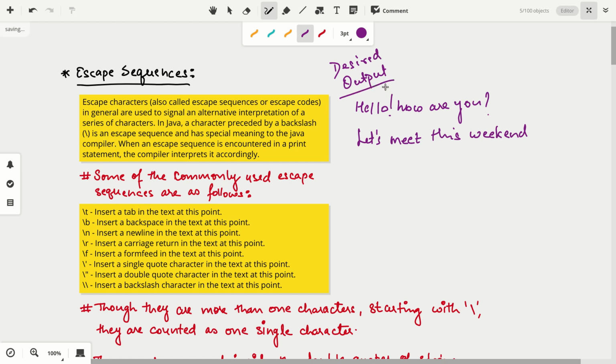Your desired output is the following two lines. What we can do is use System.out.println two times. You'll write SOPLN, because two messages we have to print on two separate lines. We'll write "Hello, how are you."